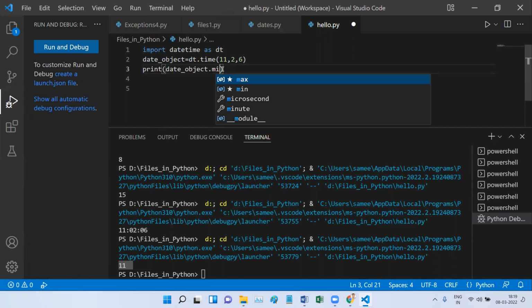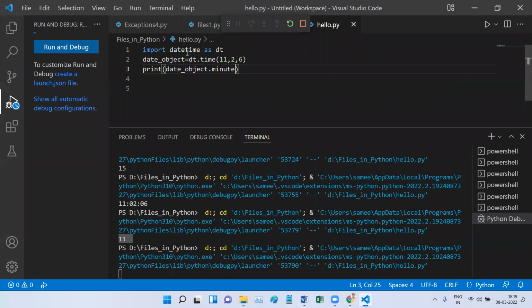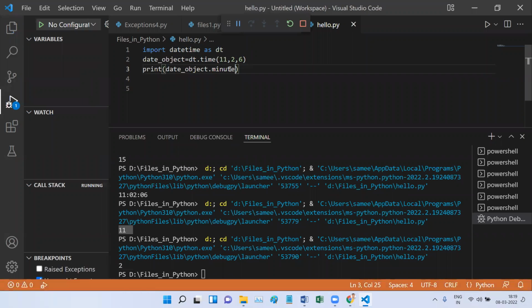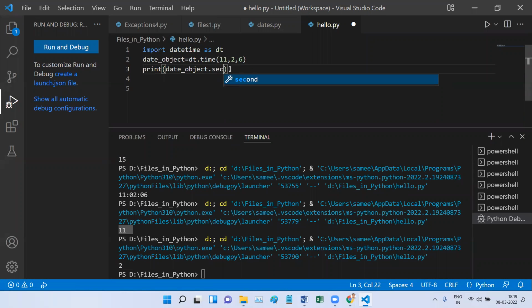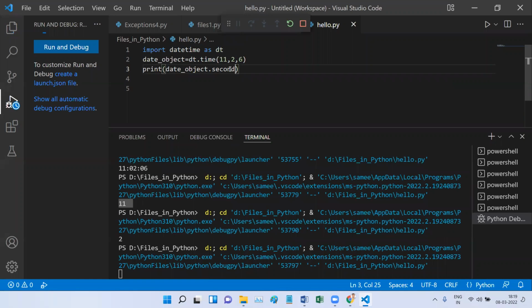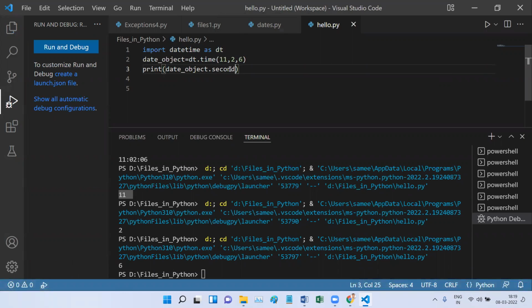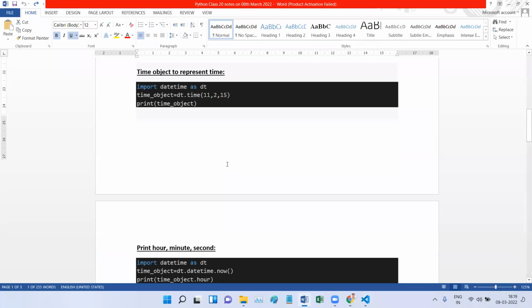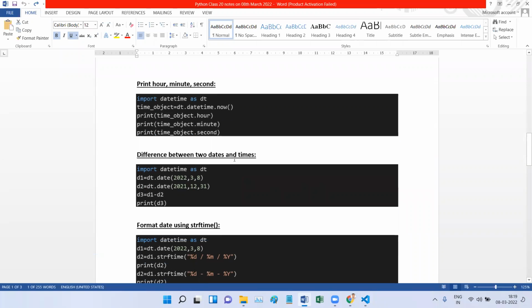If you want, you can also access the independent minute and second using the dot hour, minute, and second operators. So I think this is what we have about the date object, time object, and datetime object.